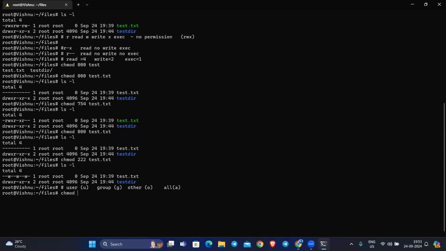So chmod. Okay. Now to user, if you wanted to provide execute permission, let me just quickly remove all the permissions, and as you can see there is no permission for this file. Now if you wanted to provide only execute permission for the owner or for the user,